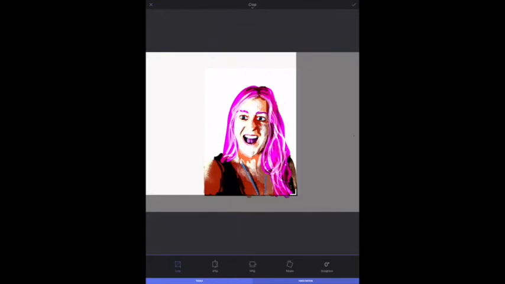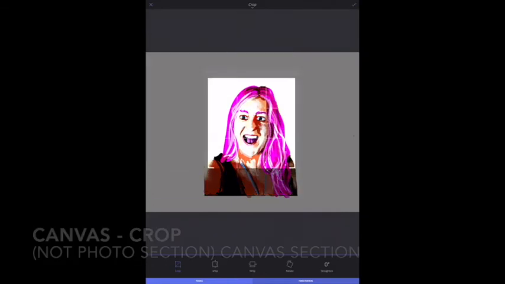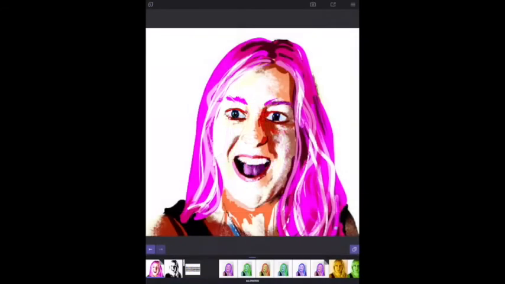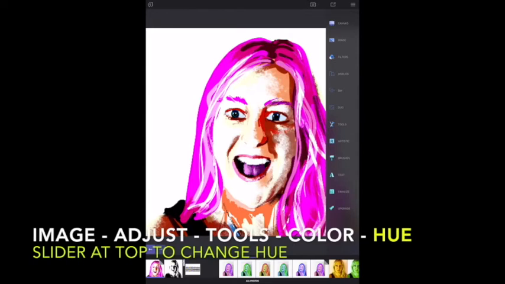So I'm just up in Enlight, I'm just up in the photo section. I'm going to crop my picture in Canvas. I'm going to crop it so it's just a square face. I think that works better. And then easy peasy, all I'm going to do is go down again to the image, adjust, tools, and this time I'm going to choose